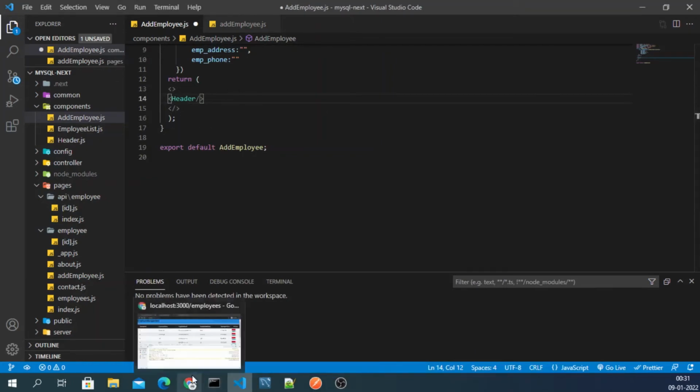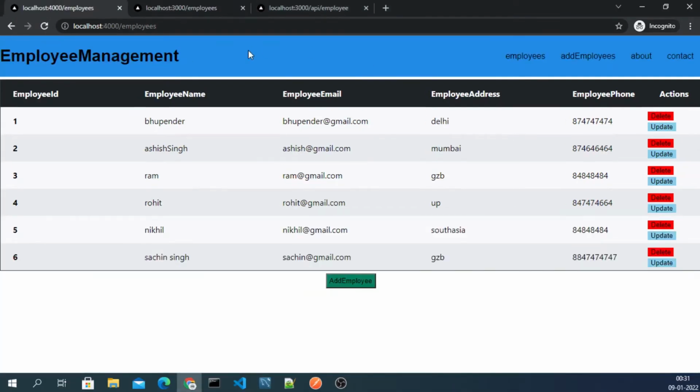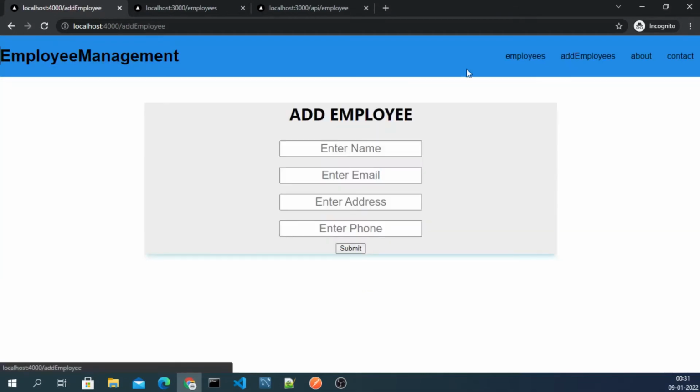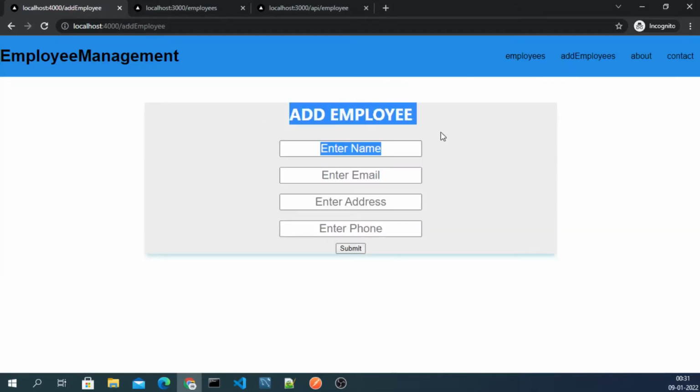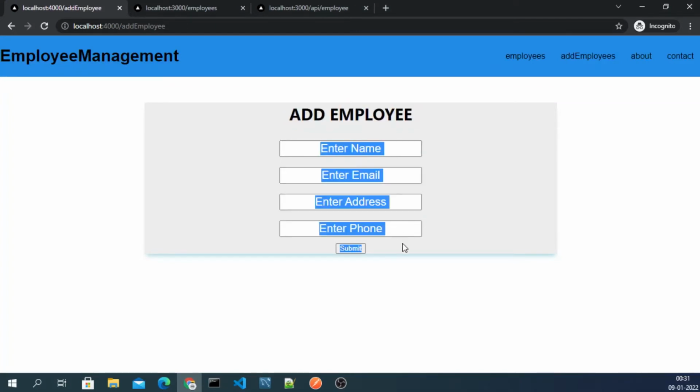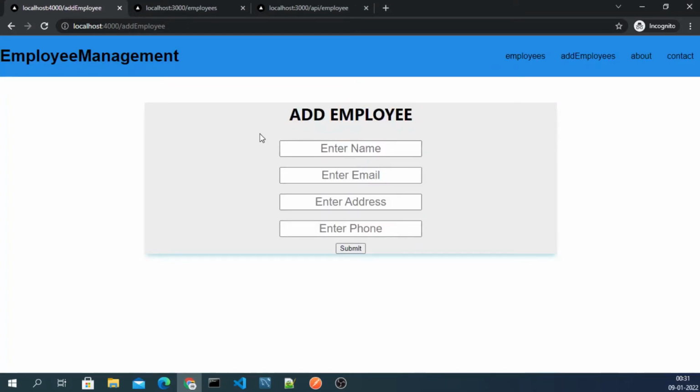Let me see the first form how it's looking. So firstly we will add an h1 tag, and then we will add a couple of input fields. We did not take any label fields, we only took input fields.